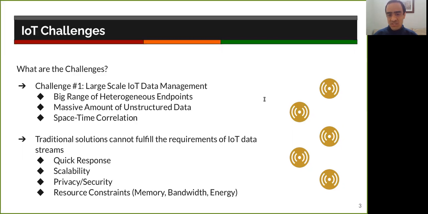This is a problem for more traditional systems such as database systems, since they cannot fulfill the requirements that these IoT data streams demand. Quick response is by far one of the most crucial demands. Because data is generated at high volumes and high speed, it's not acceptable to perform heavy operations such as disk writing before the processing of the messages. Also, these characteristics create a scalability and security requirement since new data sources may be added or removed from the environment in real time. Last, there is also a resource constraint issue that must be taken into account in terms of memory usage, bandwidth, and energy consumption.